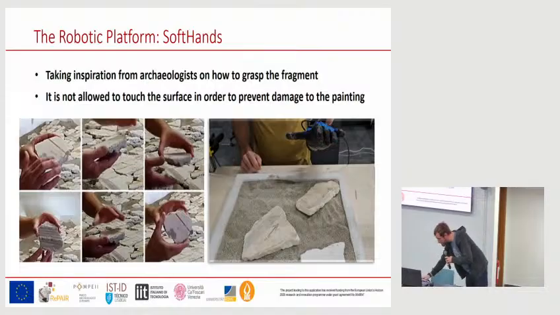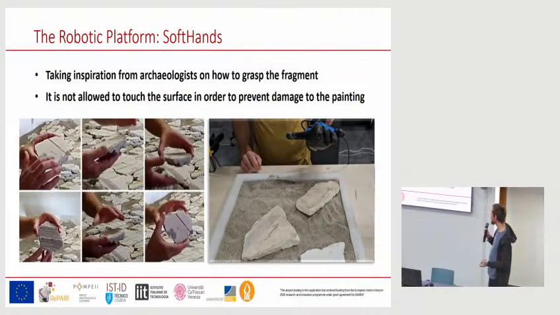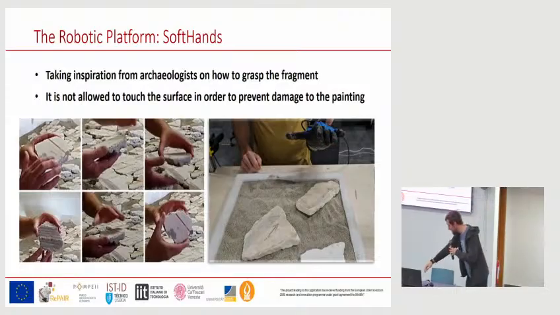And then finally, here you can see that we also took inspiration from humans for how to grasp the fresco, because we don't want to touch the surface. An easy strategy would just be to go to the fresco, put the hand on top, and then grasp. But touching the surface could or would destroy the painting on top. Therefore, we have to be quite cautious. And therefore, you can see on the left some strategies of how humans approach that, and this is how we want to do it, or how we did it then